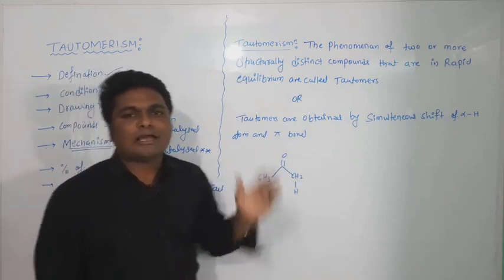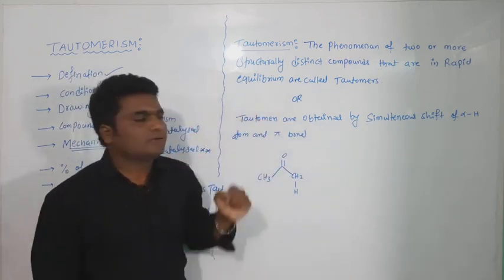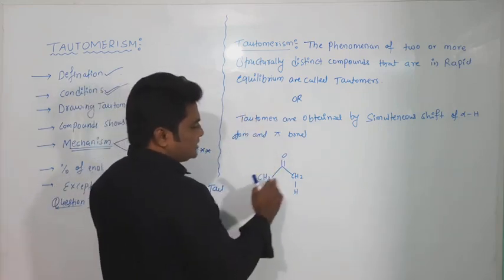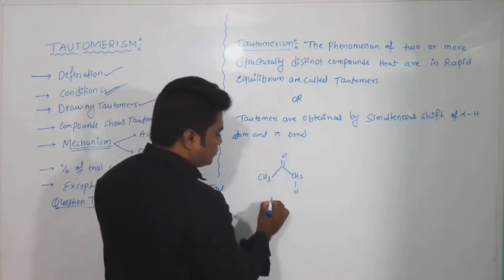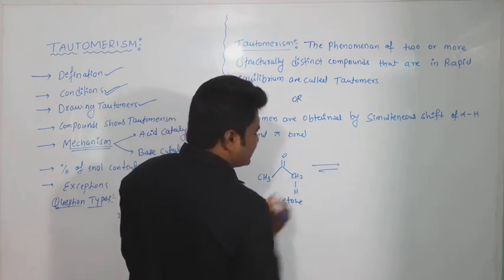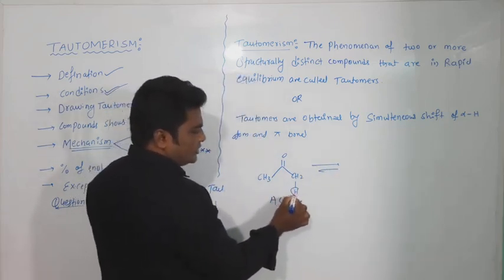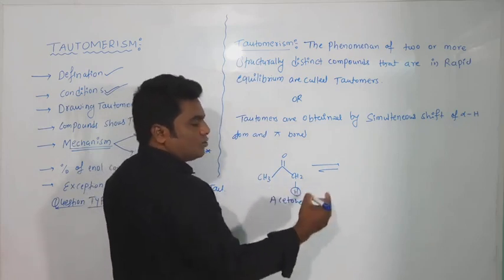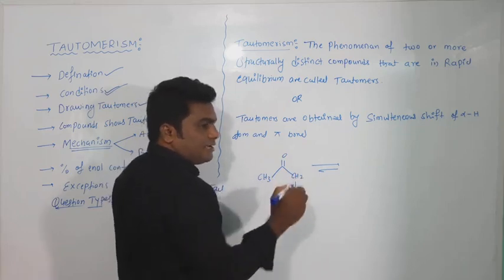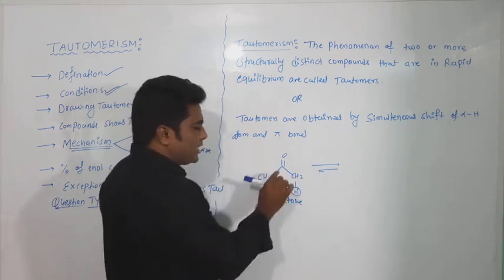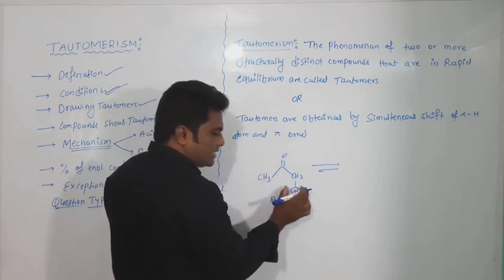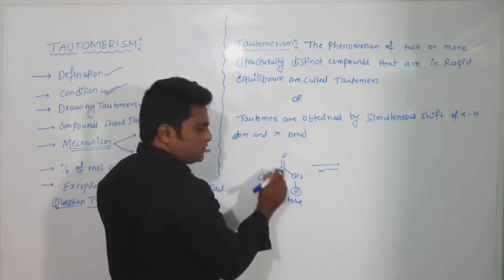Okay. By definition alone you cannot understand, so let me explain what tautomerism is. Now I am taking one carbonyl compound: CH3, C double bond O, CH3. This is acetone. Here, there is a dynamic equilibrium. See this hydrogen. This hydrogen is acidic because it is an alpha hydrogen atom. What is an alpha carbon atom? The sp3 hybridized carbon atom adjacent to the carbonyl group is known as the alpha carbon atom. This alpha carbon atom is acidic in nature. Why? Its conjugate base is stabilized by resonance.